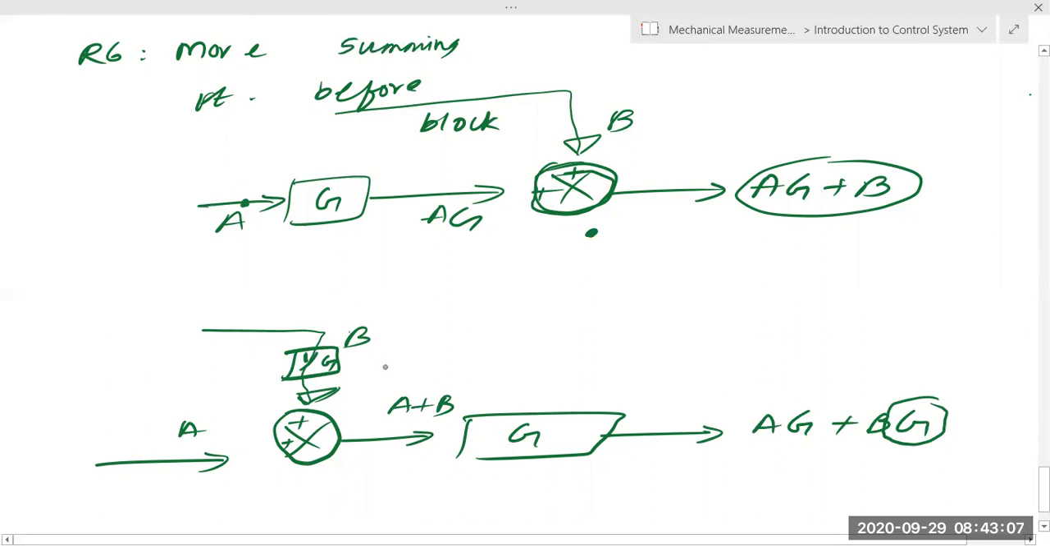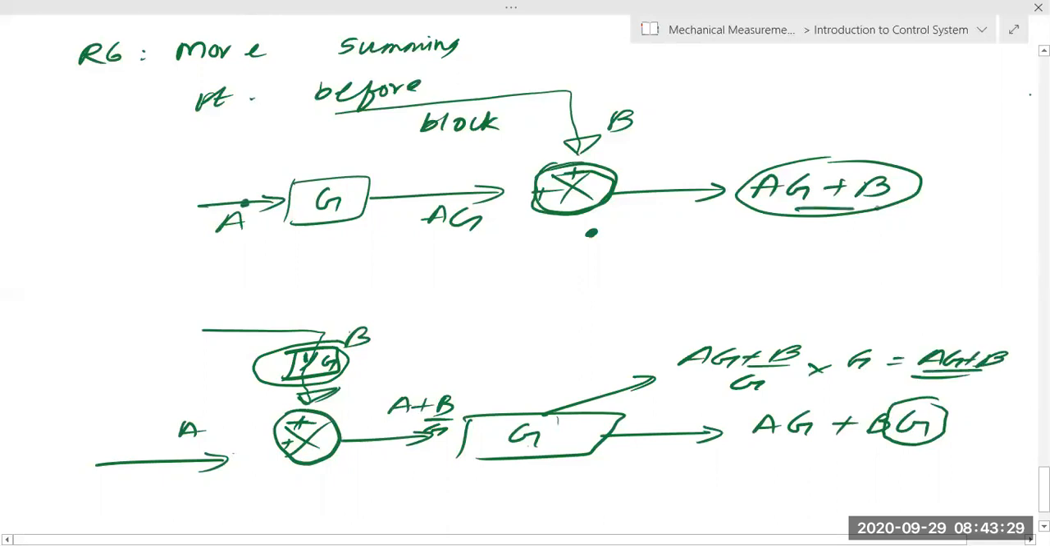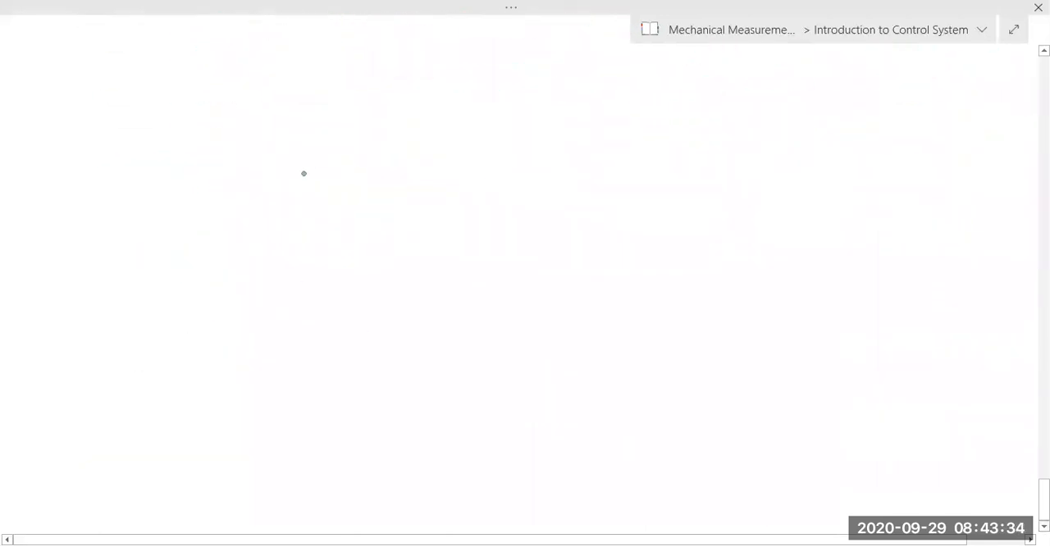If we add it as 1 by G, then this signal will be A. This plus signal will be B by G, because this is coming out with again 1 by G. So this will be B by G. Then when it multiplies, this will give AG plus B by G into G, which will be equal to AG plus B. Now you can see this value and this value are equal. So what did we get from here? We got that moving the summing point before the block,